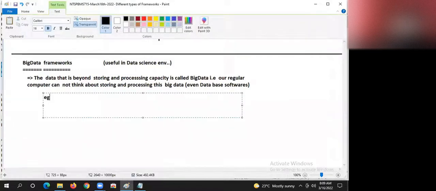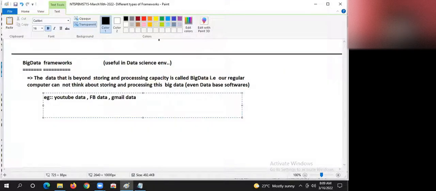Examples, guys. YouTube data. YouTube generates 20 terabytes of data per hour. Think about per day, per month, per year, per 10 years. Do you think regular computers are sufficient? YouTube data, Facebook data, Gmail data.